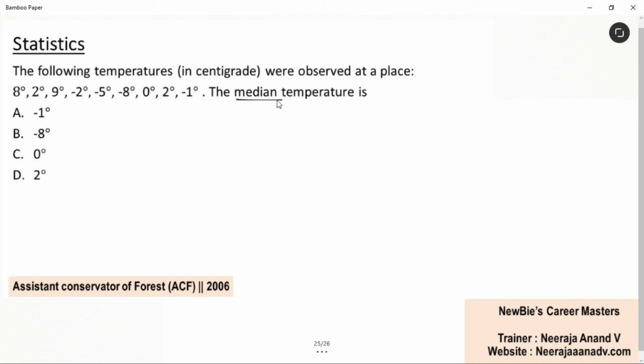First, you have to arrange the numbers in ascending order or descending order. Okay. Let's arrange the numbers in ascending order. See, -8 is the smallest number here. Biggest number with the negative sign is the smallest number. Am I clear? Okay. -5 is the next smallest number. -2, -1. Then we have 0. Okay. Then after this, correct? 2 and we have 2 two times. Write it. Okay. Then what else we have? 8 and 9. Okay. We have arranged the numbers in ascending order.